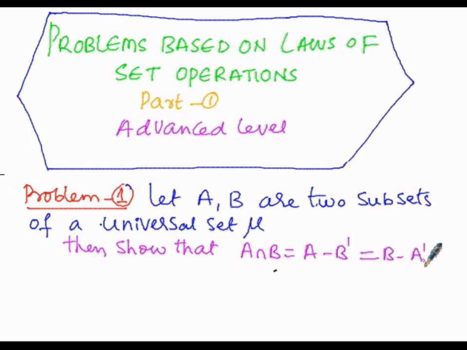So here we have to prove two conditions, that is A intersection B must be equal to A minus B dash as the first condition, and the second condition as A intersection B must be equal to B minus A dash. Now,